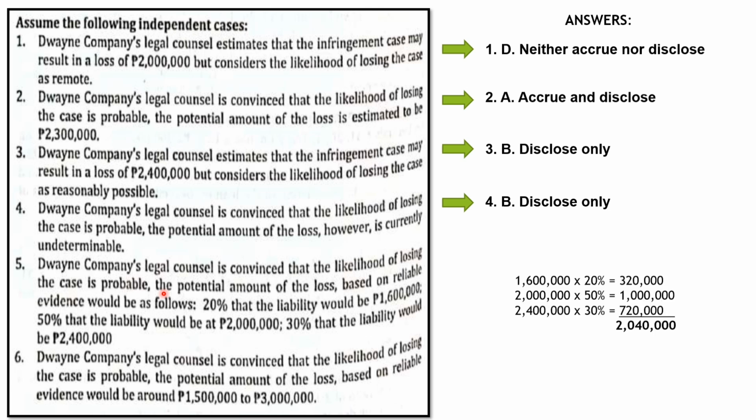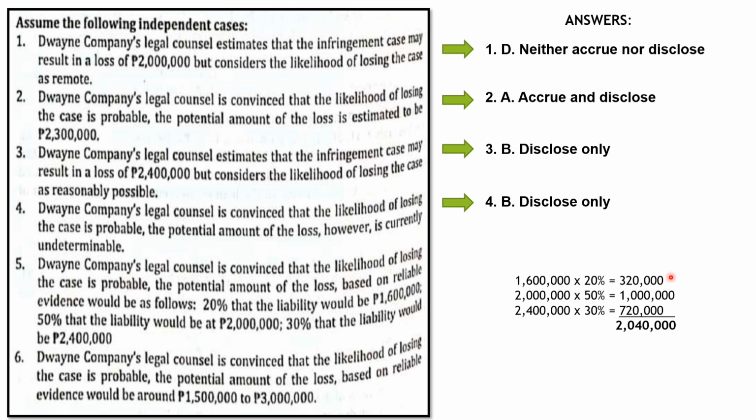1.6 million times 20%, we have 320,000 pesos. 2 million times 50%, we have 1 million. 2.4 million times 30%, we have 720,000, and you add those 3 items and we come up with an answer of 2,040,000 pesos. So for this scenario, expected value or probability weighted was used because the standard suggests that if the